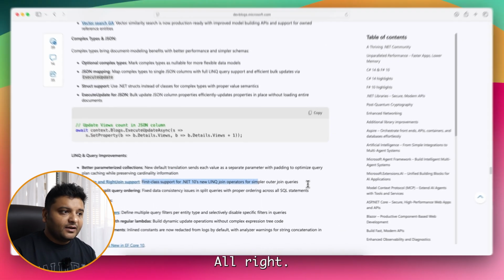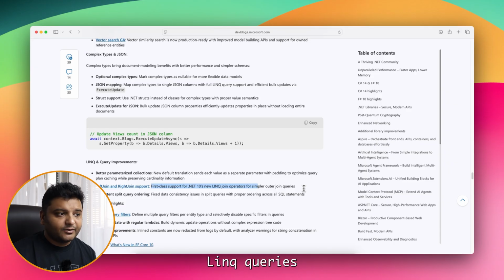All right. So if you have been writing LINQ queries to figure out left and right join, you would use this default keyword over there, and that would tell us, okay, if a value is not found in the left table, then you return this default in order to symbolize a left join, and the same for right. But with this, things will change. You would get some native support for left and right join. I'm yet to experience this, so fingers crossed. I hope it is good.